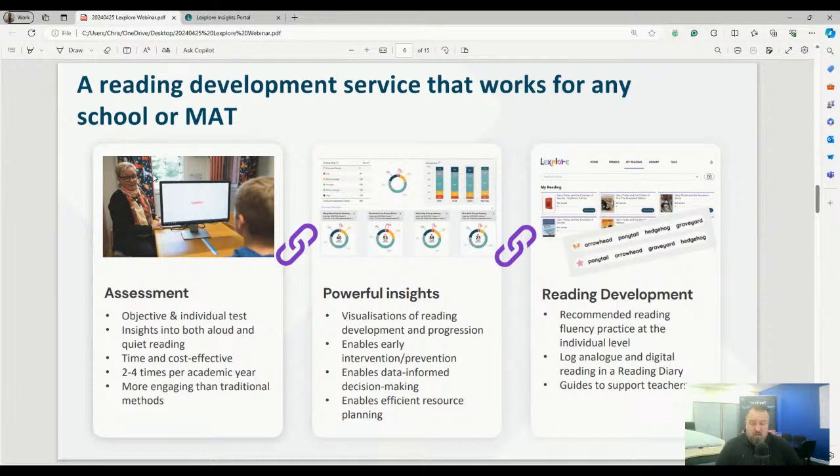I'd say the average from doing an assessment to the insights being available for that student is around about 20 seconds maximum. I very rarely see it go above that. So the data is there immediately, straight away. It gives you a visualization of reading development and progression. It enables early intervention and prevention. The assessment is available from year 1 upwards to year 13. It helps you make data-informed decisions in school or across the MAT or across the group,